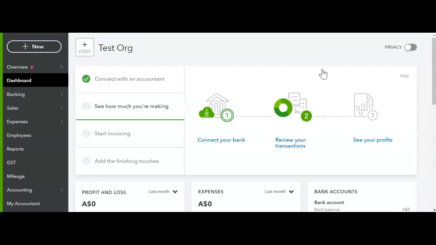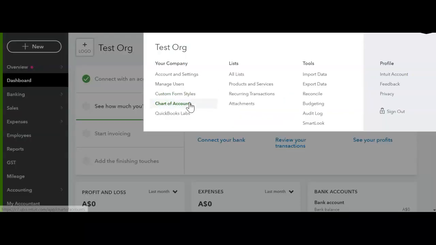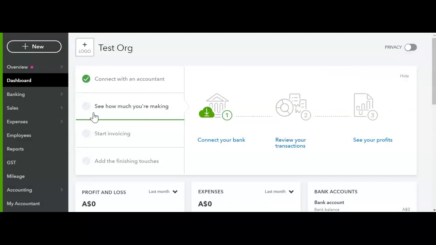through all those things. Mine says already connected with an accountant because I am an accountant and I've logged in to this organization via my accountant login, so that's already been done. If you haven't done that, you can go to settings, and I'll show you how to do that in a later video. So firstly, the reason for my video is just to show you how to set up classes,